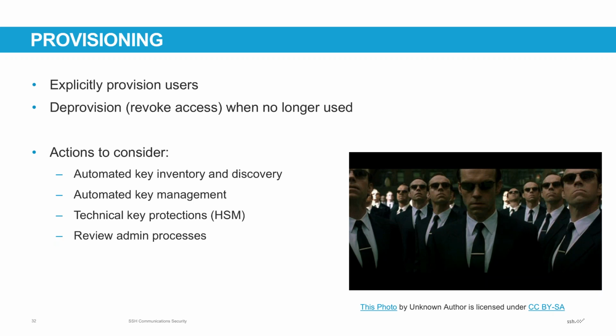So this is basically, how are you both enabling new SSH users, and then also how are you taking away access from those users when they leave, right? So an SSH key, as a lot of folks know, is something that is highly portable for good reason in a lot of cases, right? Because it's helpful to be able to distribute that and rapidly enable new connections. But that also means that from an administrator point of view, you want to keep an eye on how and where they can go. So some things to keep in mind: key inventory,